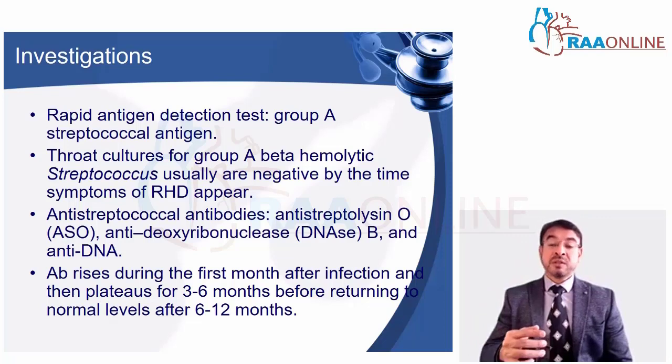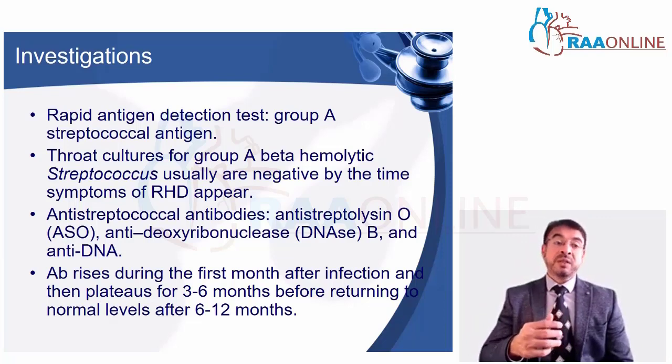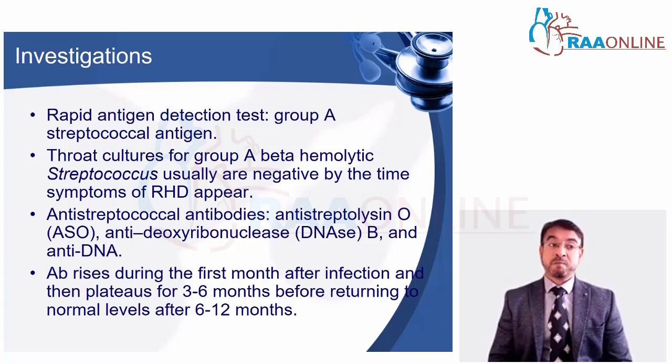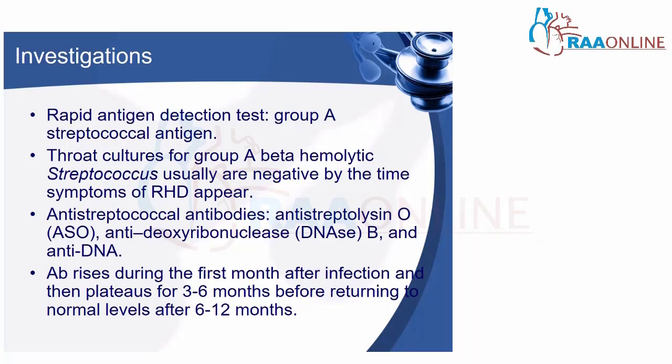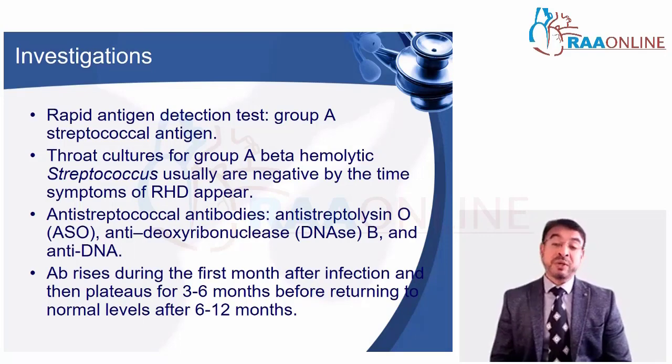So when you have a patient who has come within a year of the sore throat, you will know the level at which the antibody levels are proliferating. So it will help you to understand whether he is going to develop a rheumatic heart disease or not. But having said this, no one will come to you before a rheumatic heart disease.